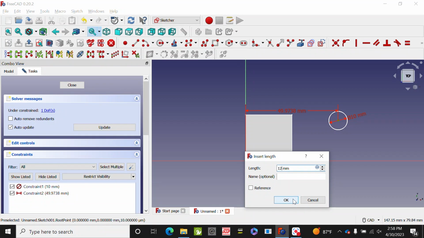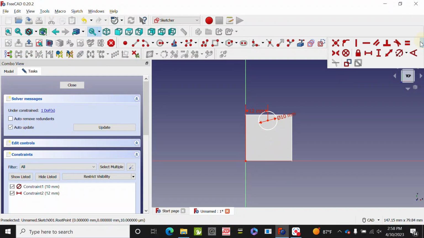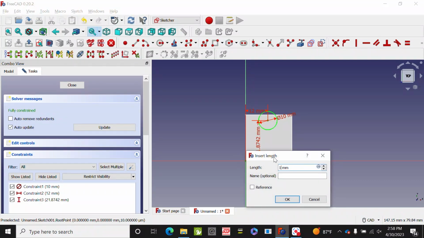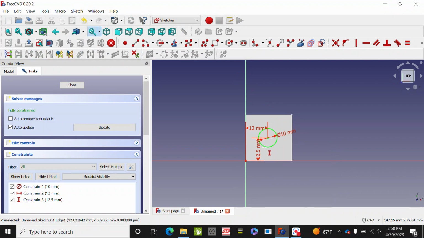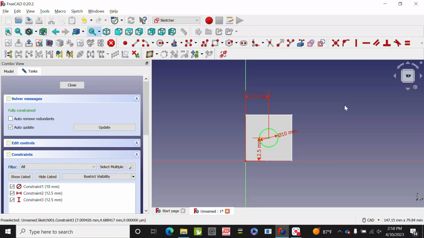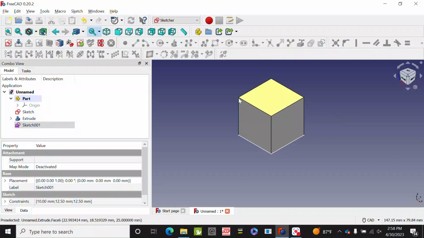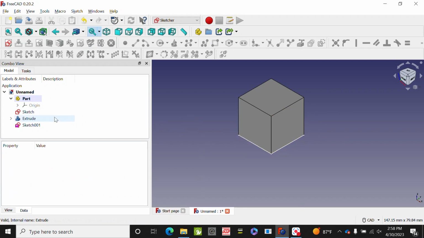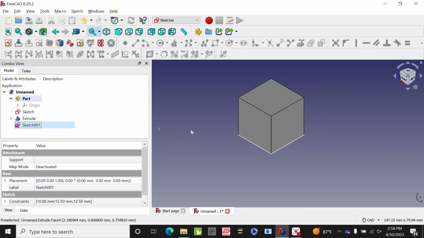So I'll move my location to, say, 12, and move my location to 12.5. Okay. Notice that by double clicking here, I can change and edit my location. All right, that's good. If you remember, the sketch was built on the bottom plane. That's where my base XY coordinate system is located. So what I can do is another extrusion,